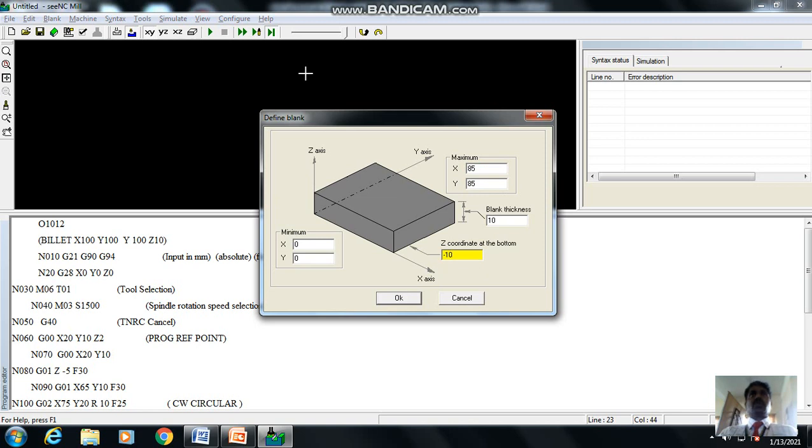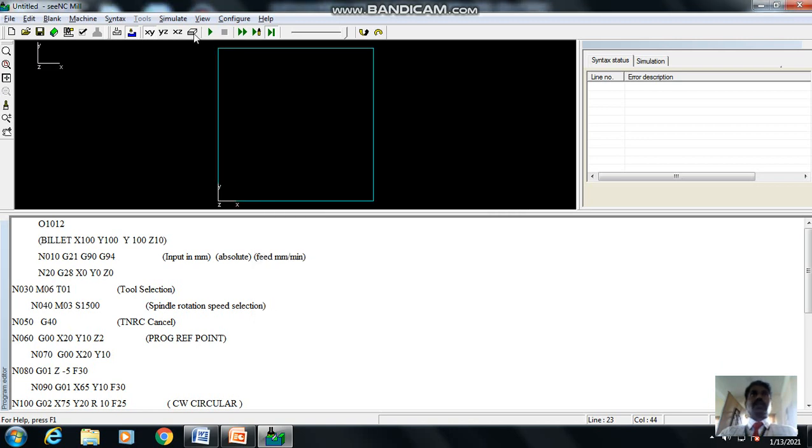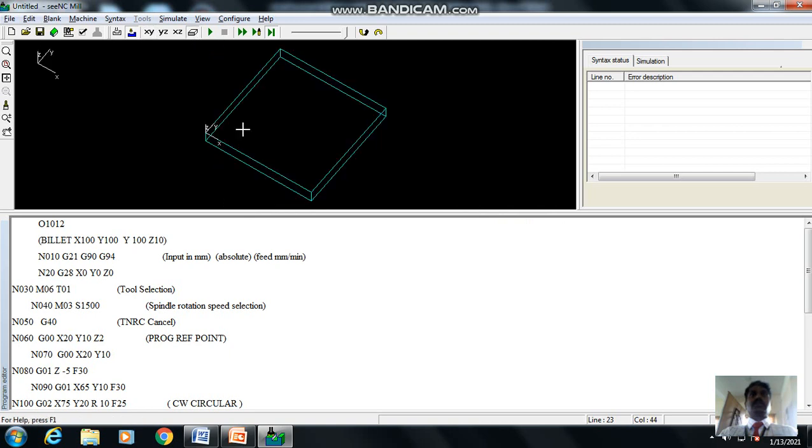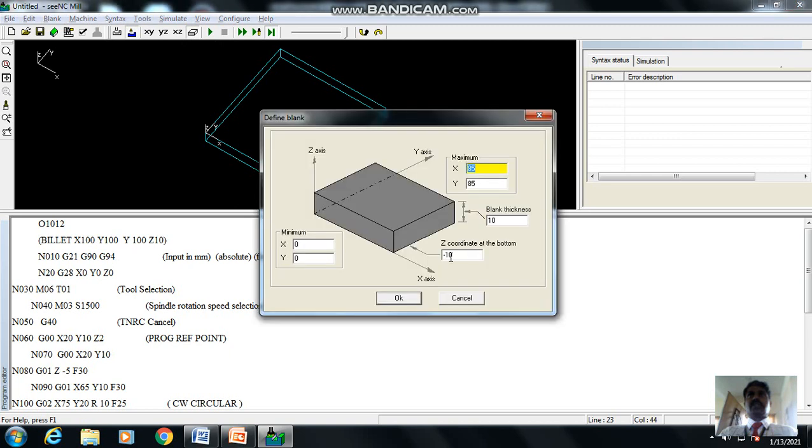Suppose you go and see here, the 3 dimension. This was the problem over here. So here we have to make this the x y direction. Okay, this is the location we have to give in the blank. Whatever thickness is given, it should be minus here, so that it will be located at the top of this. We can make the reference point here. Okay, this is how we are going to do it.